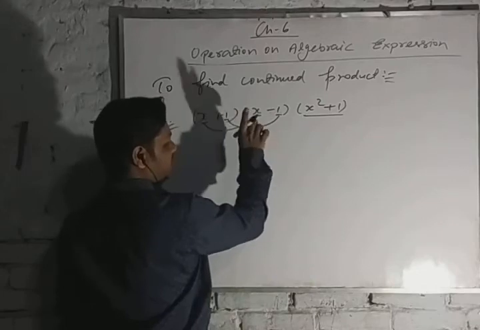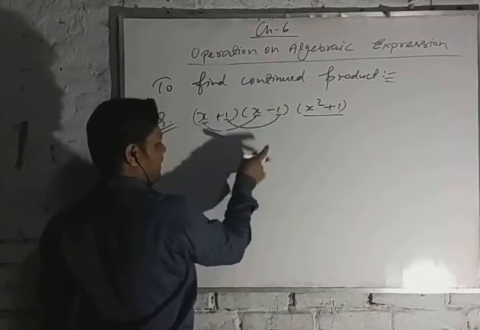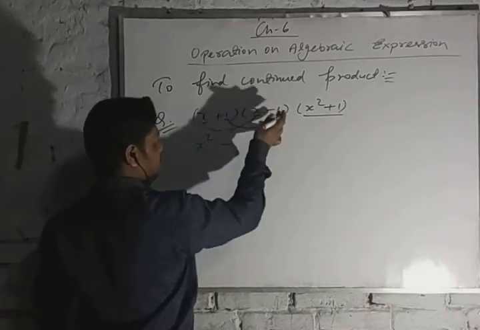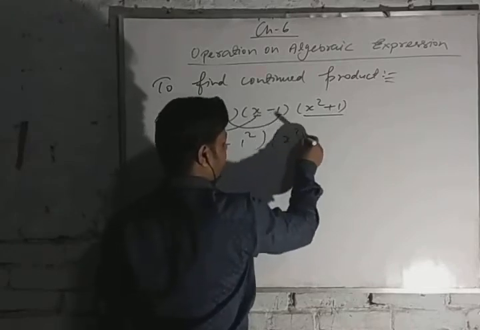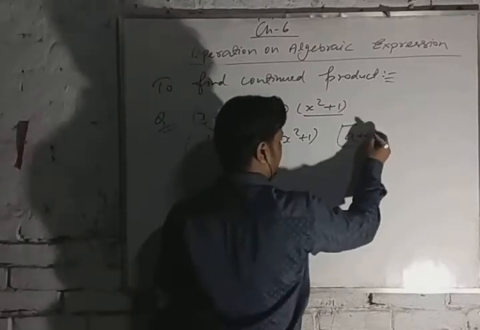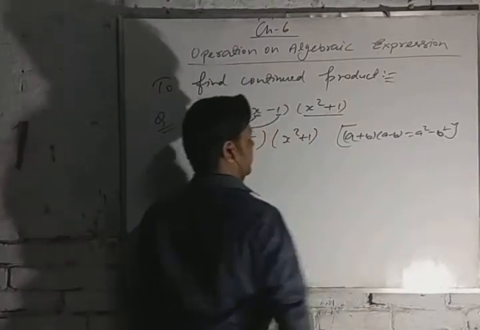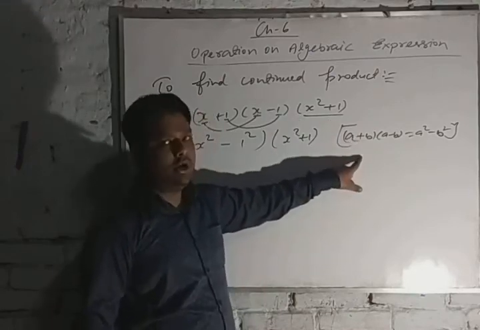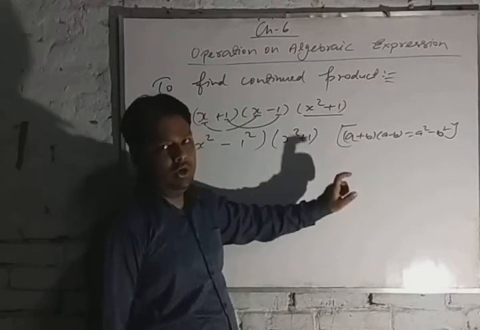So we can use this formula, but here we will not write the formula. Okay. So A plus B, A minus B means A square minus B square. That is A square, that is x square, and 1 square, that is minus 1. Okay. And the other value is x square plus 1. But in the bracket we will write which formula we have used. A plus B, A minus B is equal to A square minus B square. Okay. It is necessary to write the formula just to the right side of this in the bracket. Okay. So that I can see whether you have solved it by using the formula or not. Okay. So let's see.